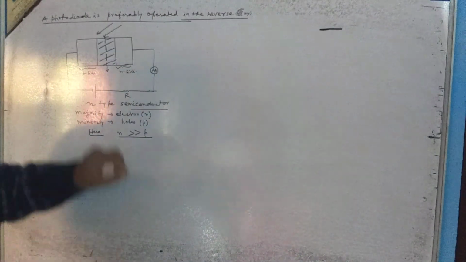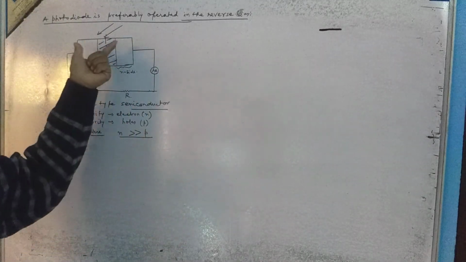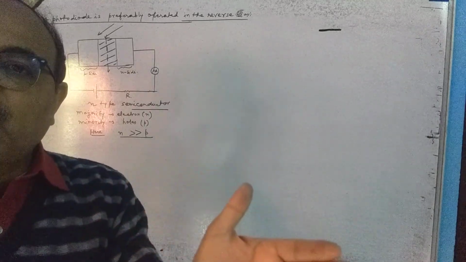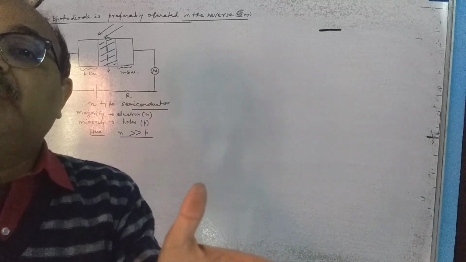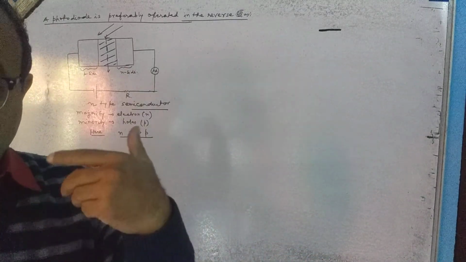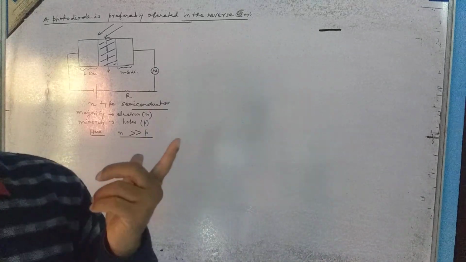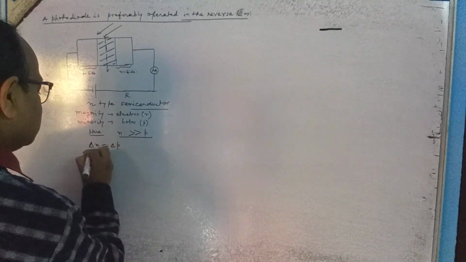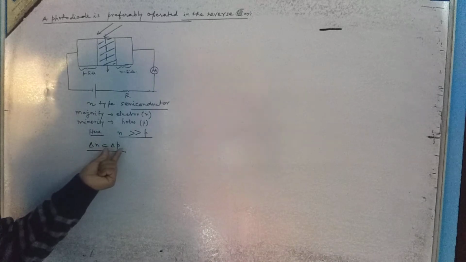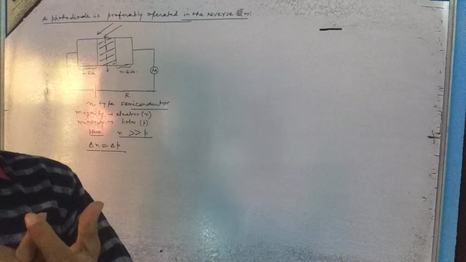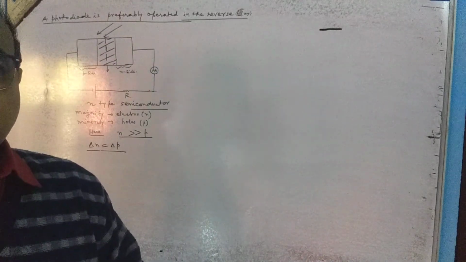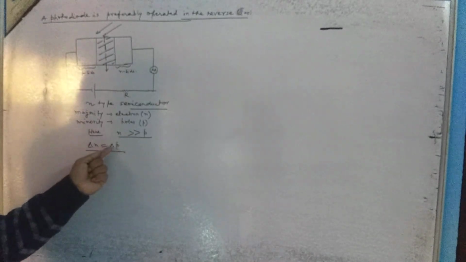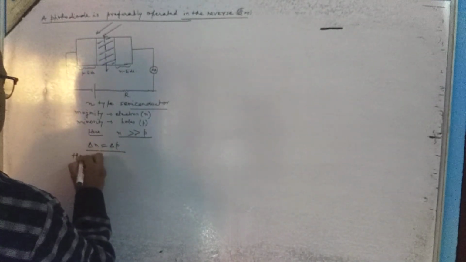Now try to follow: when radiation of sufficient energy falls on this depletion layer, then what will happen? Equal numbers of photo-generated holes and electrons will be produced. So let us take delta N equal to delta P. Equal numbers of holes and electrons are generated in this photodiode. Very clear? If N is greater than P and delta N is equal to delta P, then obviously,